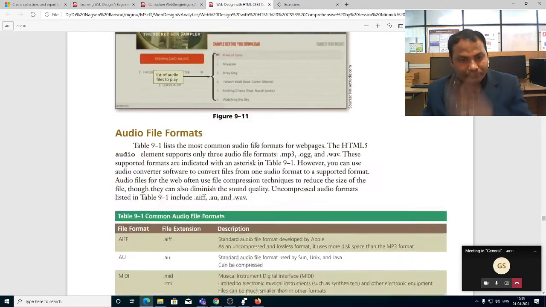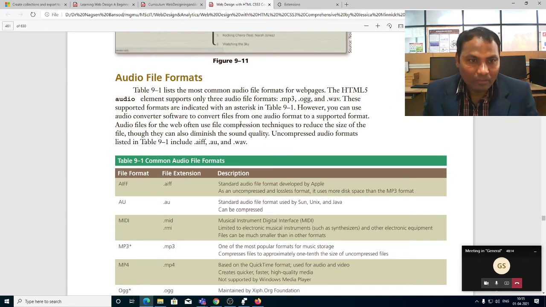Okay, now audio file format. You see, the HTML5 audio element supports only three audio file formats: MP3, OGG and WAV.